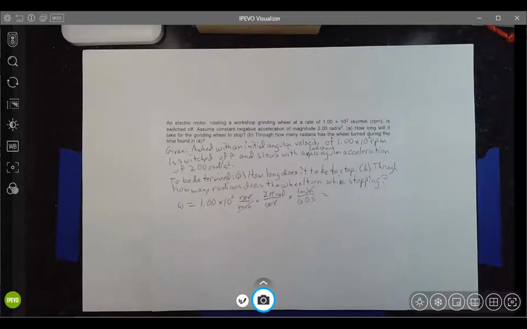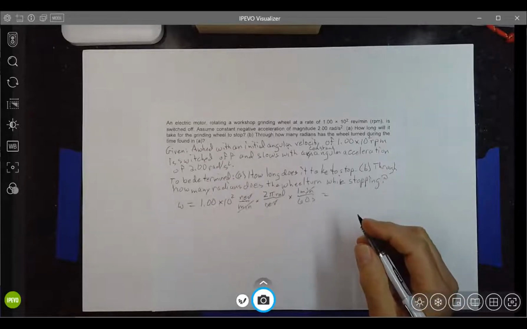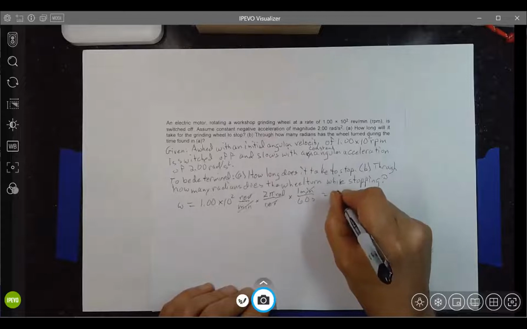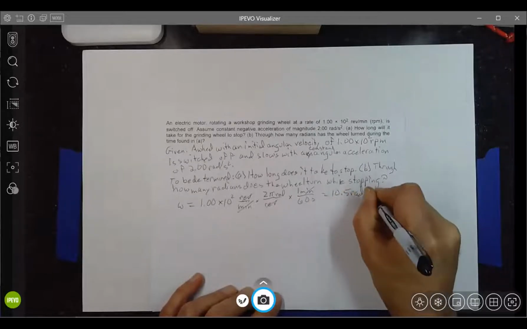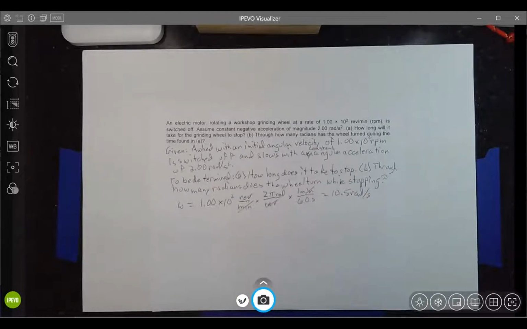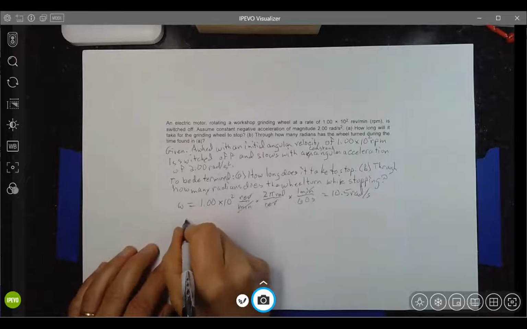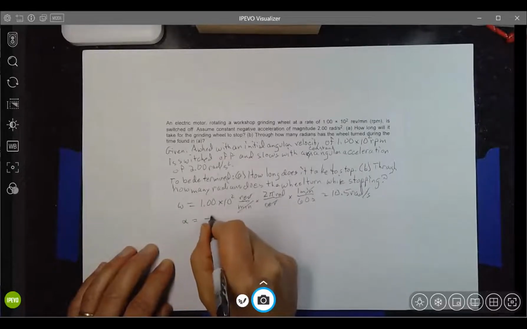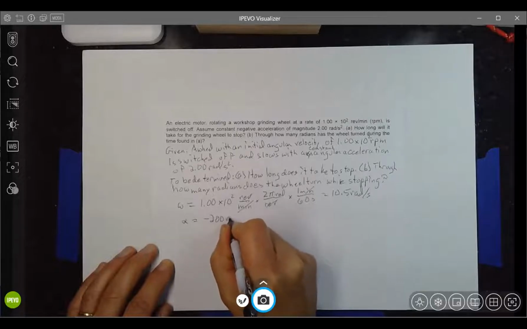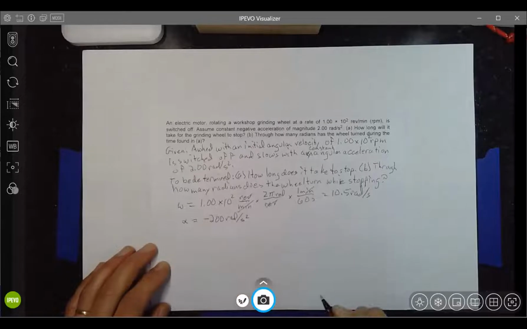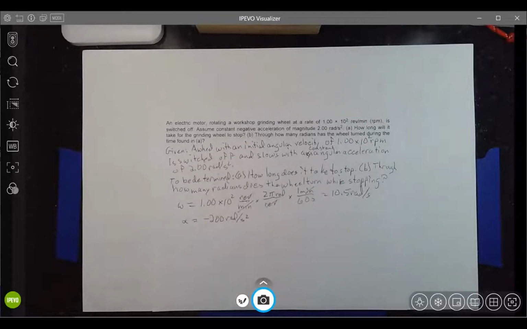Whoops, always helps to turn the calculator on first. Okay, actually I get, let's see, 10.5 radians per second. All right, well, we've got constant negative angular acceleration, and so I can say that alpha is equal to negative 2.00 radians per second squared. And if I want to know how long it takes to stop, the easy way is